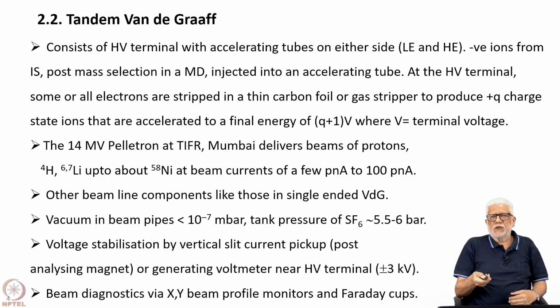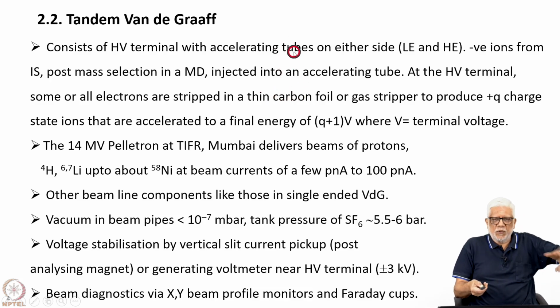But if it is a heavier ion like say silicon or something, you can, depending on the voltage, let's say of the order of 12 million volts, you can strip up to 9 or 10 electrons. The stripper, for light ions, is usually a carbon foil stripper. But you can also have a gas stripper, which is good for heavy ions, because carbon foils, because of the large dE/dx for heavier ions, they break, and you have to replace them. So there is an assembly there with which you can bring a good foil into the beam